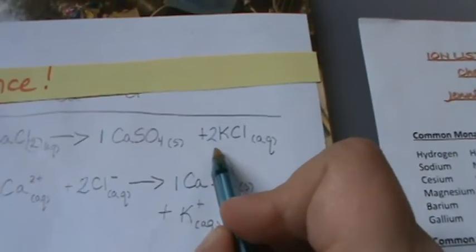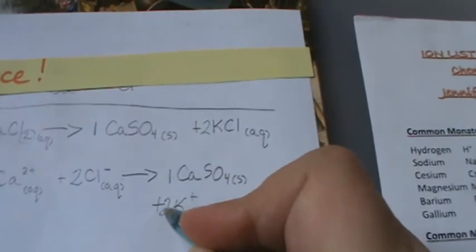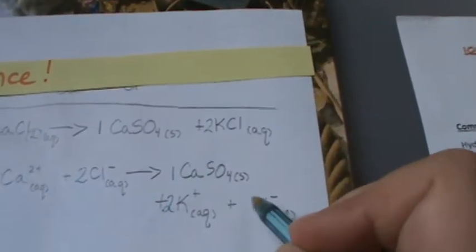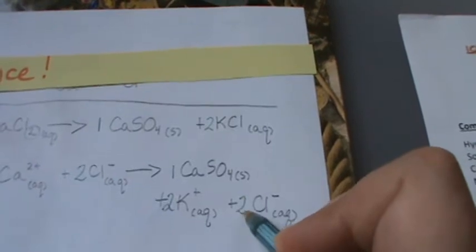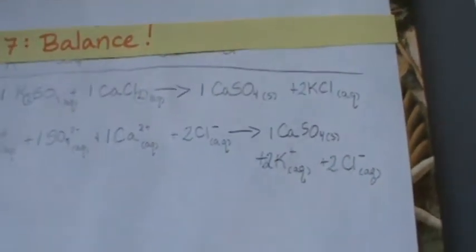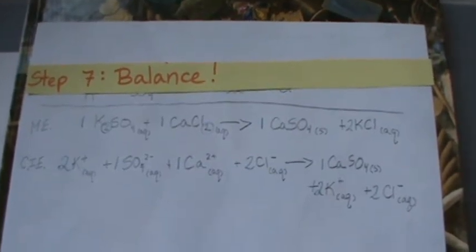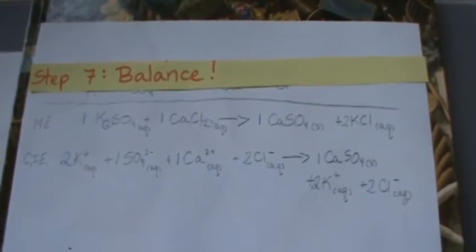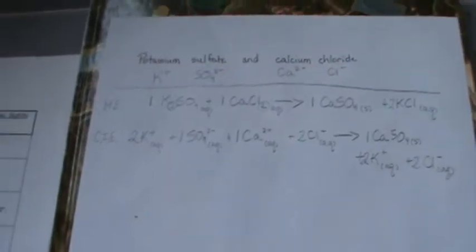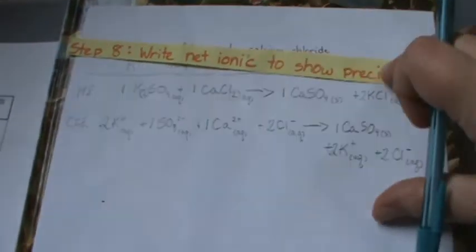So because I have that 2 there, I need to put a 2 here and a 2 here. So now I have this complete balanced molecular and complete ionic equation. And the next step, step 8,